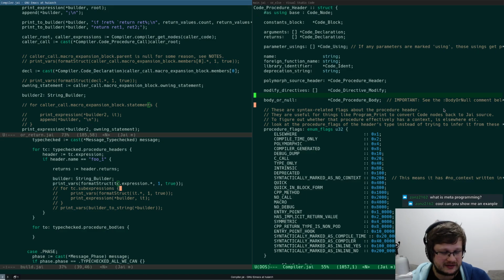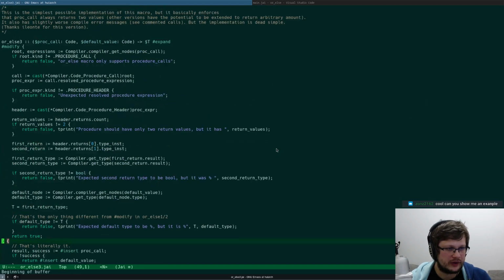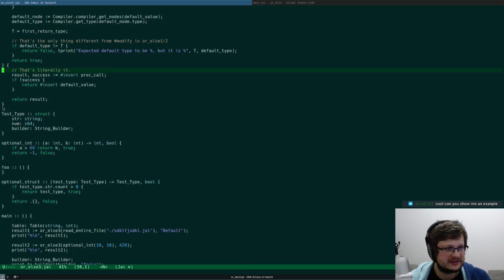Yeah, can you show me an example? So I broke it a little bit, but I guess I can. I can show you orelse real quick. Here we have a simple macro called orelse that accepts code and some kind of default value that is also code. And if you can see here, it inserts the code. Then it checks if the inserted procedure call returns something, and then it inserts another code that is